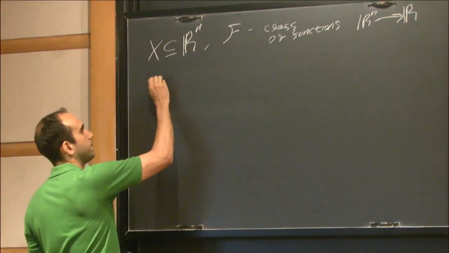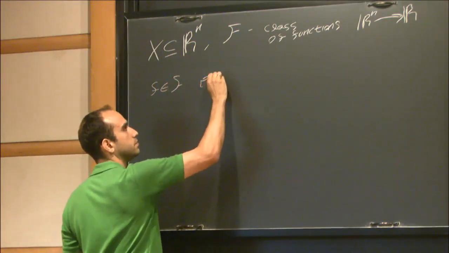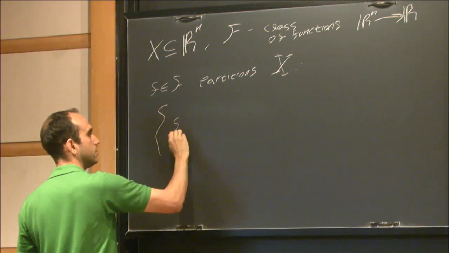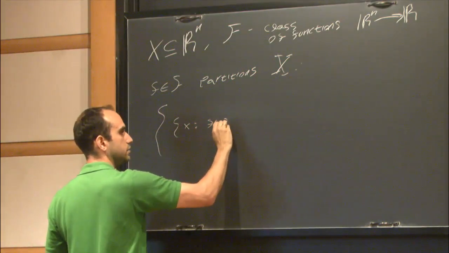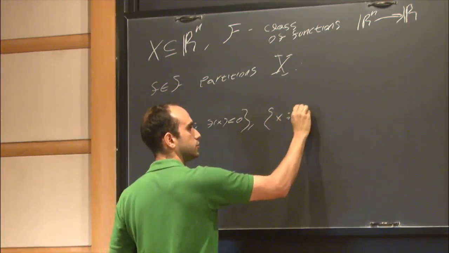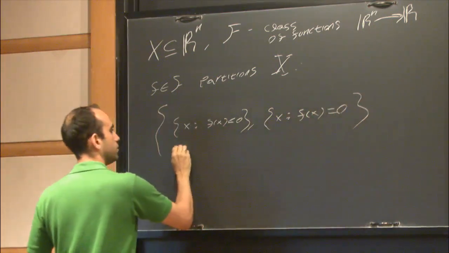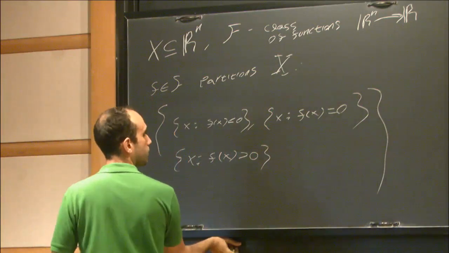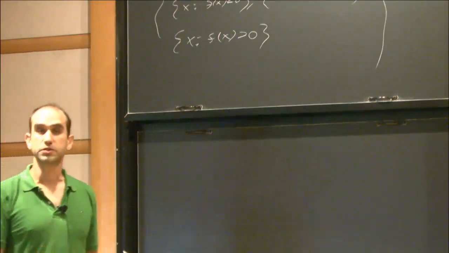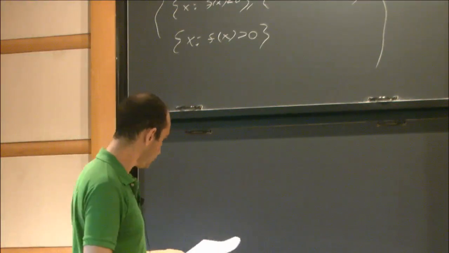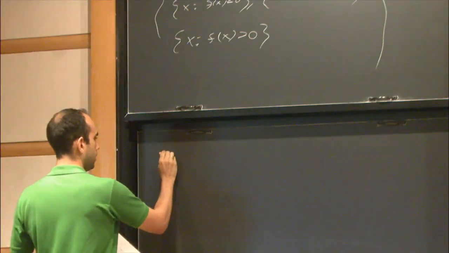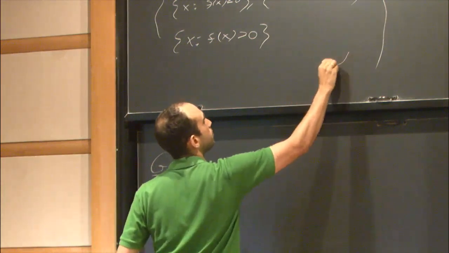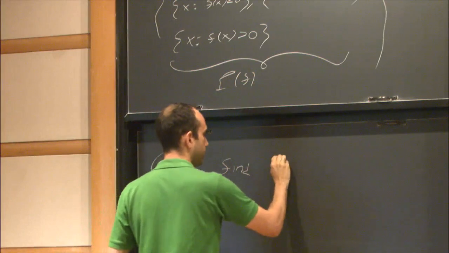Now the point is that every f in F partitions X into three parts: all x such that f(x) is less than 0, all x such that f(x) equals 0, and all x such that f(x) is greater than 0. So we have a partition into three parts, and the goal is to determine this partition. Let's call this partition P(f), the partition of f. The high-level goal: find P(f)